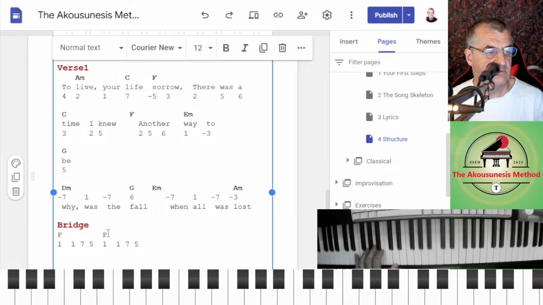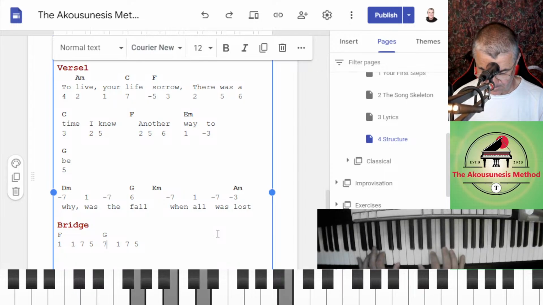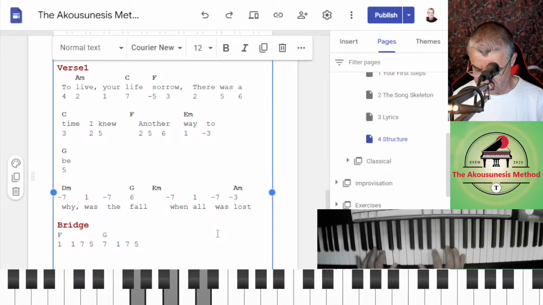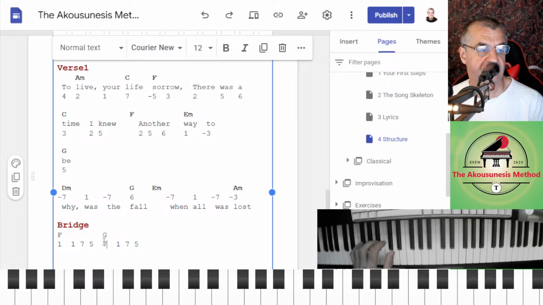G7. So it's going to be the same note. G7. G is on the -7. -7 to 6.